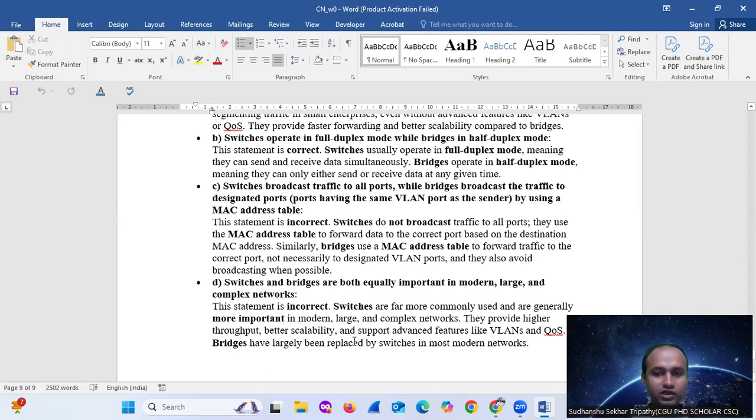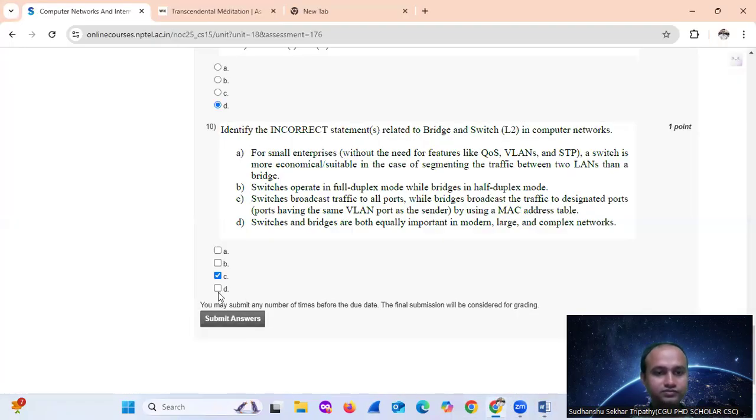D option। Switches and bridges are both equally important in modern large and complex networks। Okay, so this statement is completely incorrect। Switches are far more commonly used, are generally more important in modern large and complex networks। They provide higher throughput, better scalability, and support advanced features like VLANs and quality of service। Bridges have largely been replaced by switches in most modern networks। So ये incorrect हो गया, तो D option incorrect। तो मिला लेते हैं इनका।